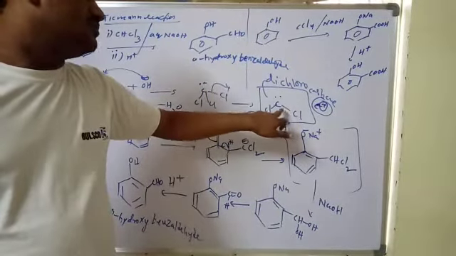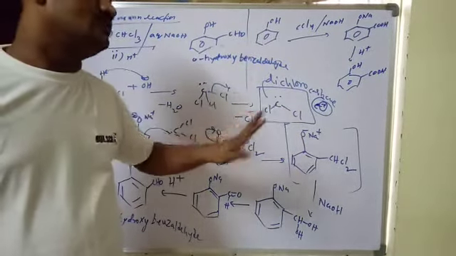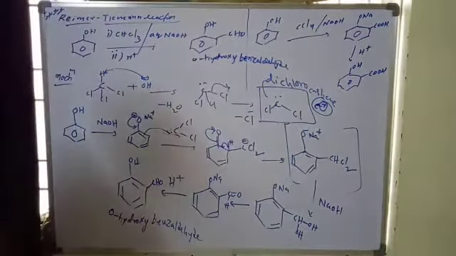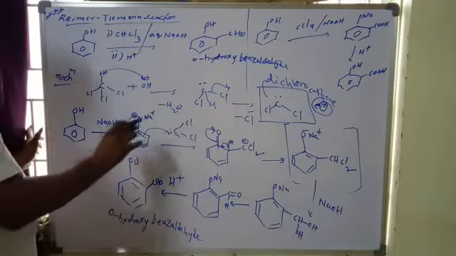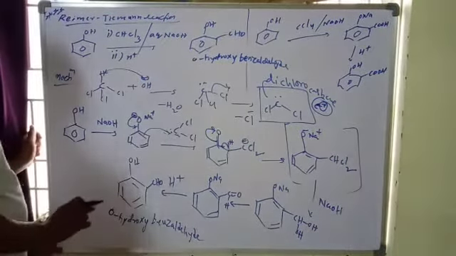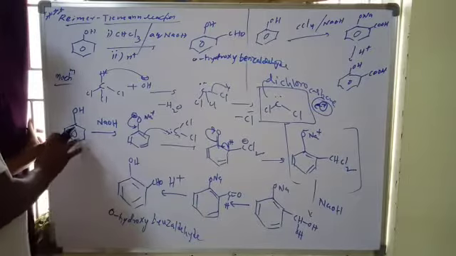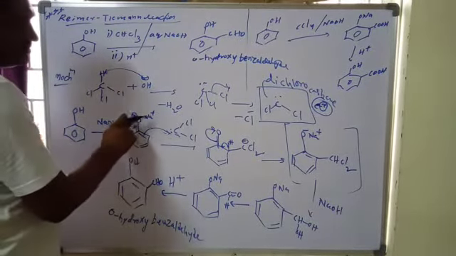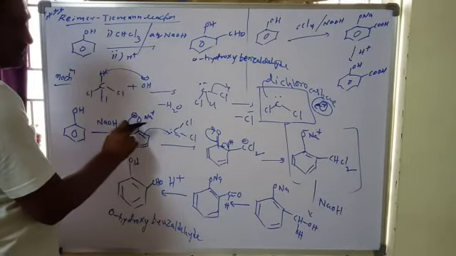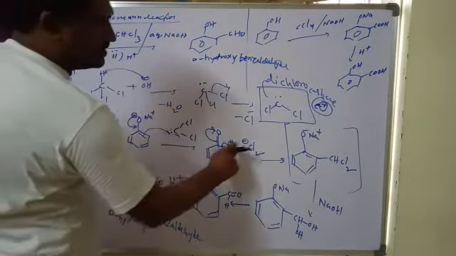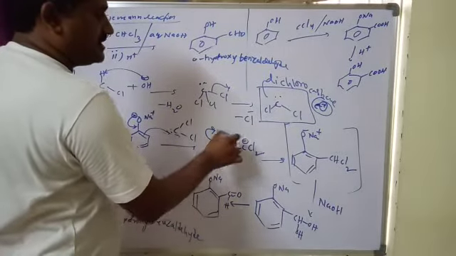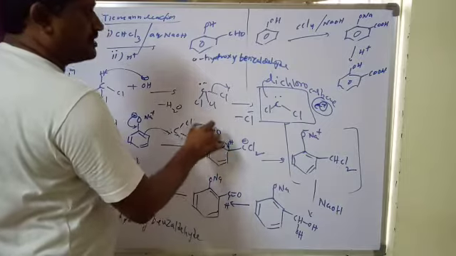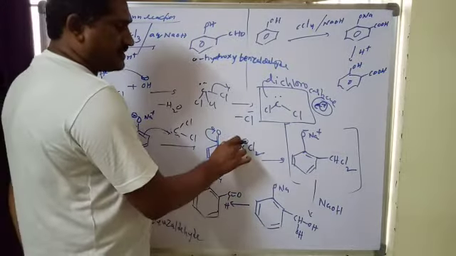2 plus 2 plus 2: two bond pairs and one lone pair, total 6 electrons, so it is an electron-deficient electrophile. Now this electrophile attacks the phenol. When phenol reacts with sodium hydroxide, it forms sodium phenoxide. Now the O minus negative charge shifts, the pi bond migrates and a bond forms. Then this hydrogen is eliminated, its bond electrons form a pi bond, the pi bond migrates back, and this H plus migrates here.